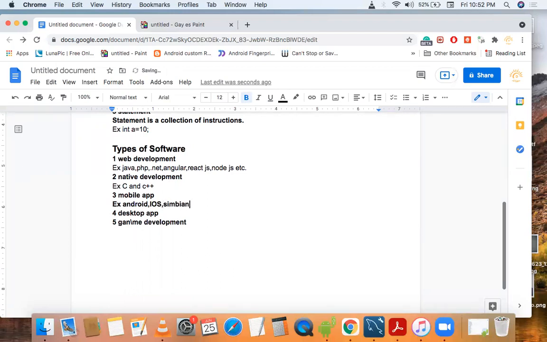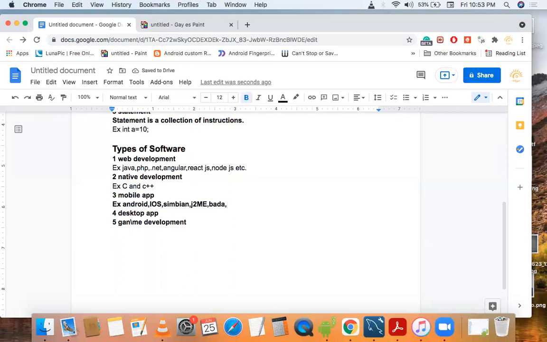Symbian was used in old Nokia mobiles. Then J2ME, Bada. Bada was used in old Samsung mobiles like Samsung Guru, like feature phones.